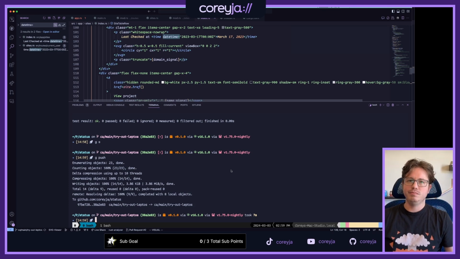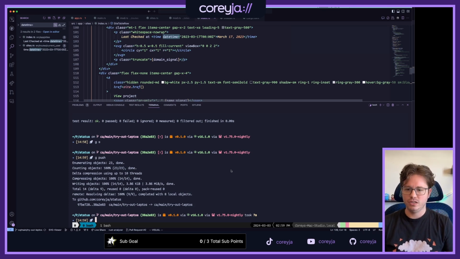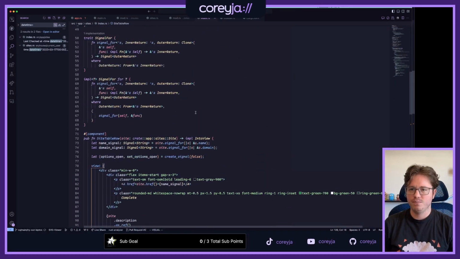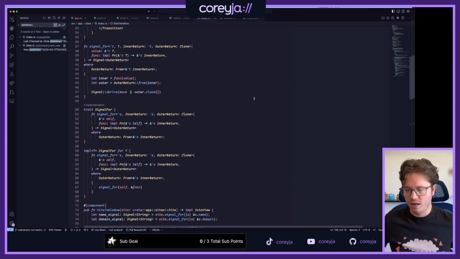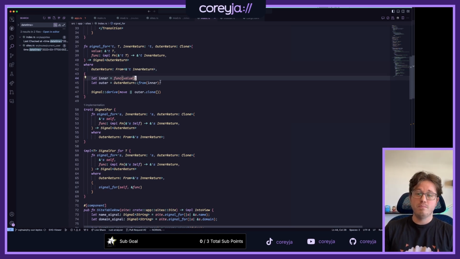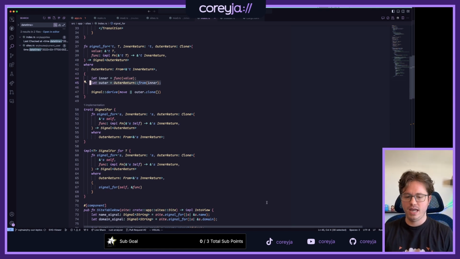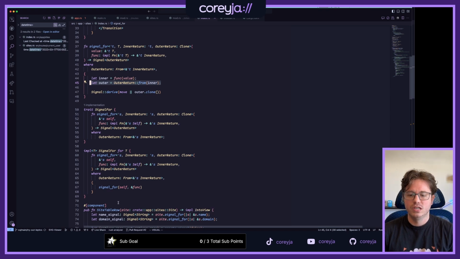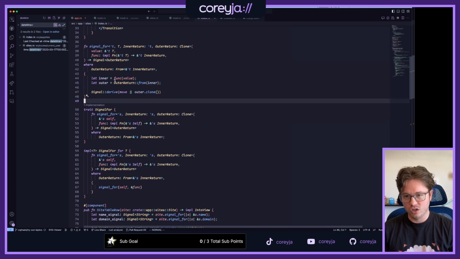Okay, I think I am gonna wrap up for the day here, team. I did really like getting this signal for helper written. It just makes things a little nicer. It really is just this cloning, right? Where you have to run the function, maybe do a convert. That's kind of the thing I added where I don't have to do the clone in the closure here. I'm allowed to return a reference, which is really, really cool. And then we convert it to the thing we need it to. This kind of does a clone if it needs to, right? Because it's a from, it can do work.